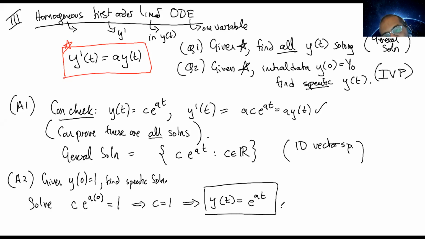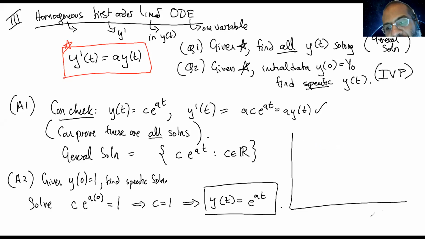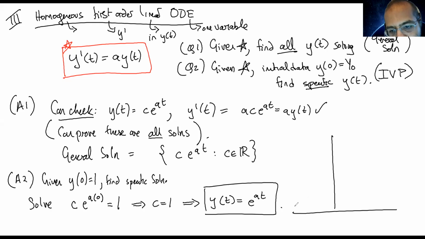And pictorially, what's going on here is the following. Let me draw a picture. Actually, maybe I'll erase this for now. So what's going on here pictorially? Well, there are many functions that solve the equation. So they're all exponentials. They're all e to the at times a constant. So you have